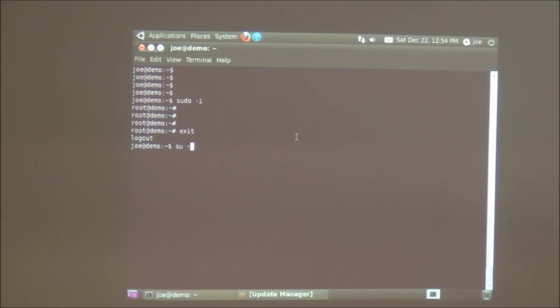Now, if I recall correctly, they now have the root account disabled, so I don't have a password associated with it. Correct. So by default, the root account is disabled. You can do sudo -i, or you could type sudo su, and you'll be able to elevate.